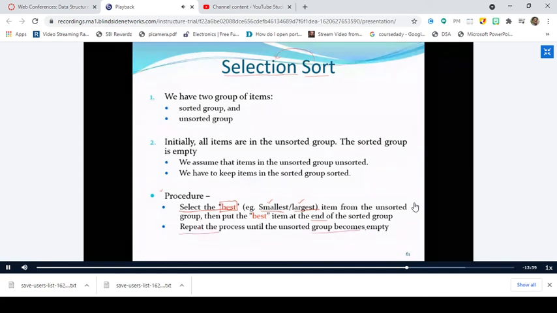Is it clear up to this point? Yes, sir. So select the best element. That best element can be either the smallest or largest, and you repeat this process until all the elements are sorted. After selecting the best element, what you have to do? You have to move it to one end of the array. If it is the smallest element that you have selected, you have to move it to the leftmost part. Right? Listen carefully. So this is my array, I have some n number of elements. So this is called the leftmost end and this is called the rightmost end.